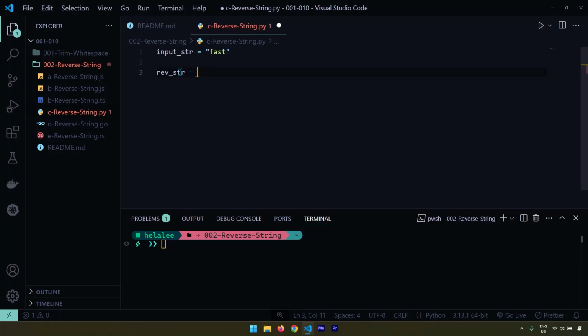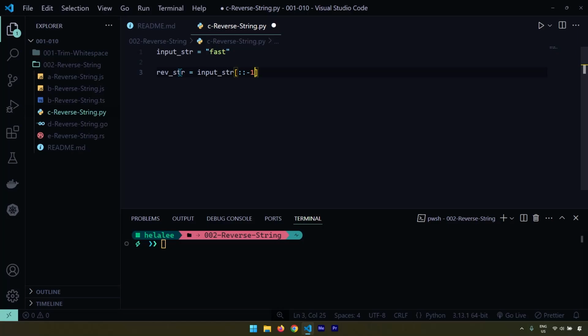Since that's a syntax, let me just write it here. So we're going to have square brackets, and in here, we're going to have a full slice. And in here, we're going to have two things. We're going to have a step value, which is denoted by double colons, and then we're going to have the step itself. Now, we want to reverse this string, and the step that we need to pass in order to reverse a string is going to be